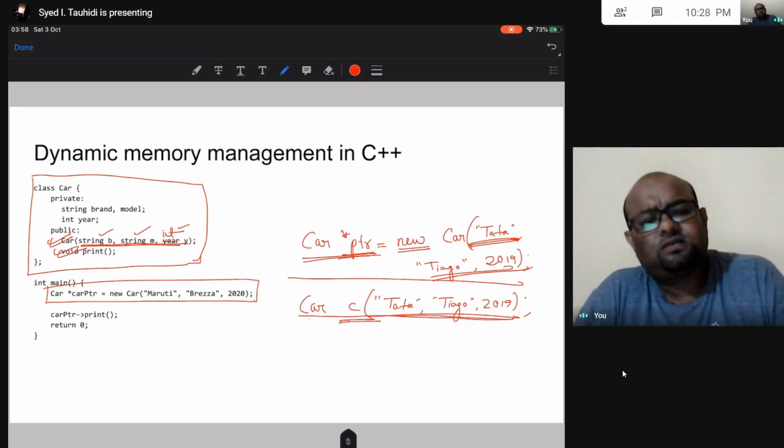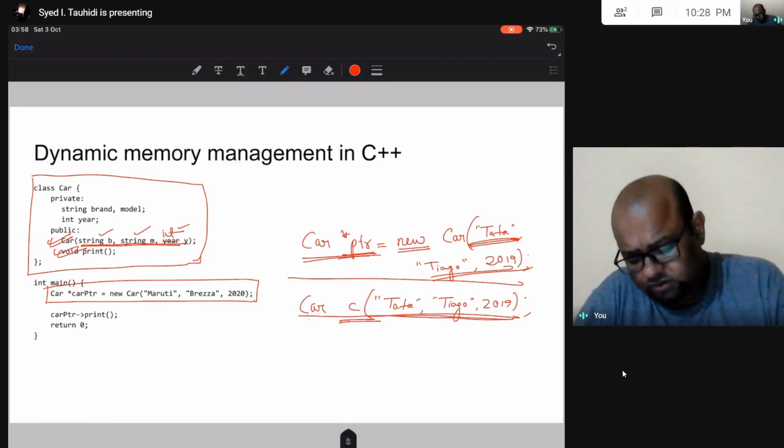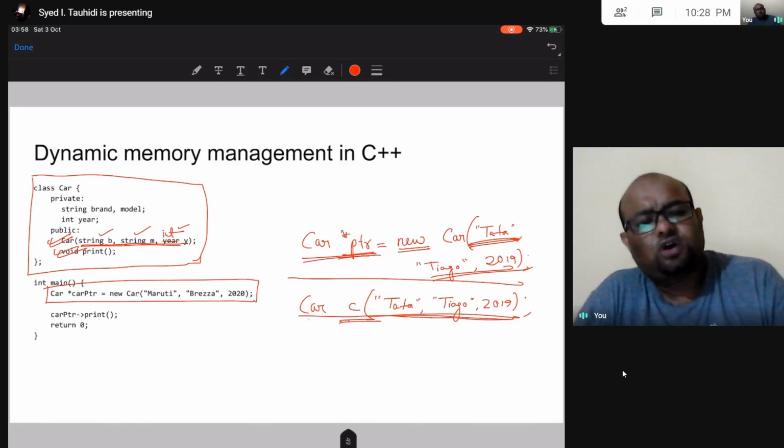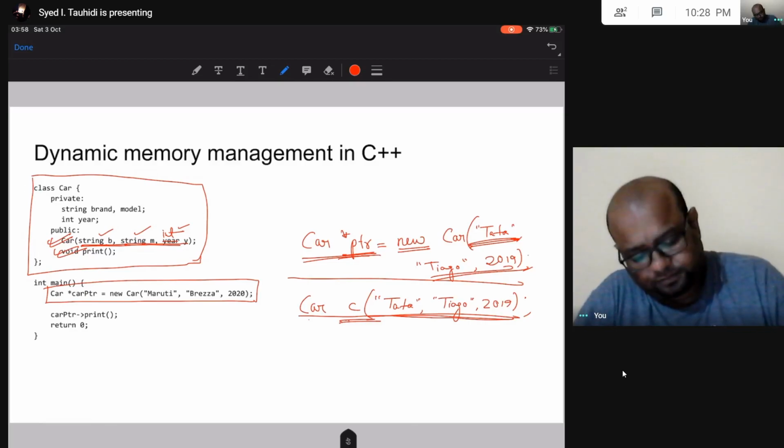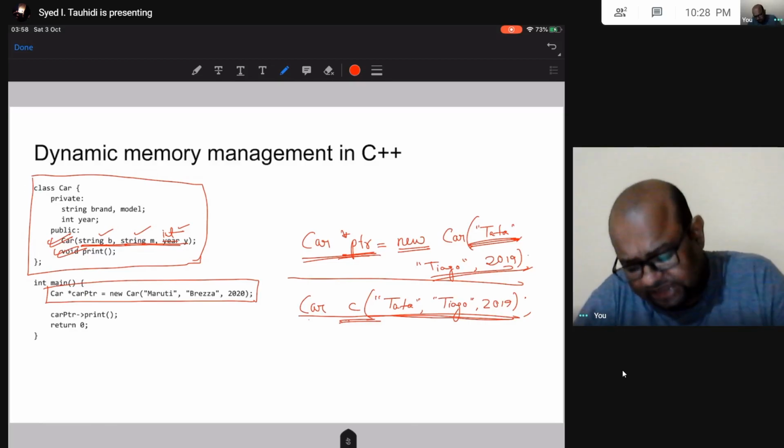All right, if you want to create a linked list of classes, and you want to create this object in heap, this is the way you are going to do that. All right, so we have already talked about this: if I have a pointer to an object, then I use this arrow.